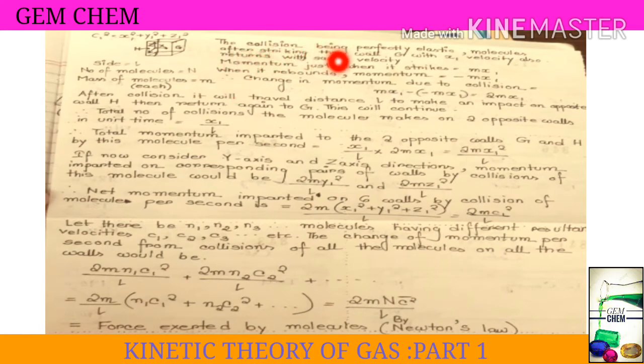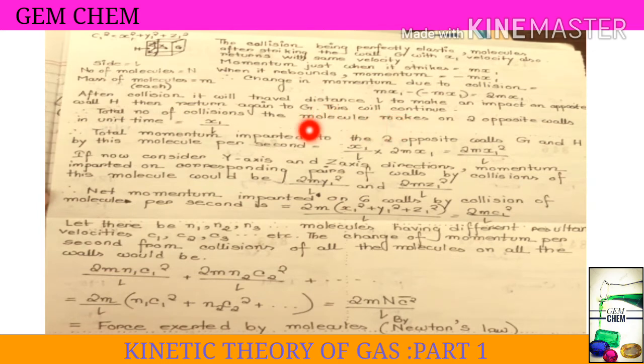The collision being perfectly elastic, the molecule after striking the wall G with velocity x1 also returns with the same velocity. Momentum when it strikes is mx1, and when it rebounds the momentum is mx1 with a minus sign. Now the change in momentum is final minus initial, so we get 2mx1. After collision, it will travel distance L to make an impact on the opposite wall H, then return again to G,